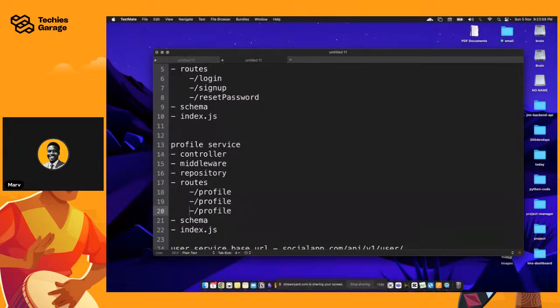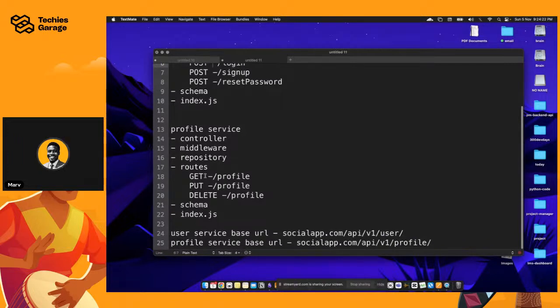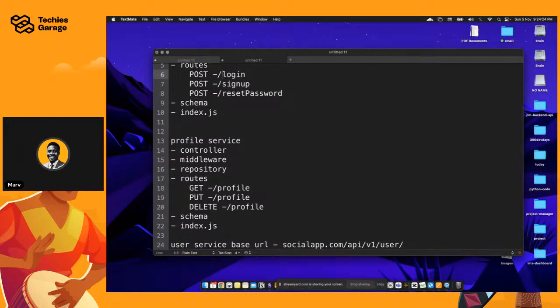So we can have actions like delete, update, and then fetch that specific profile. This is delete. You can also post to reset password, post to sign up, and of course, post to login. So you just have those various actions, and you can basically have user.